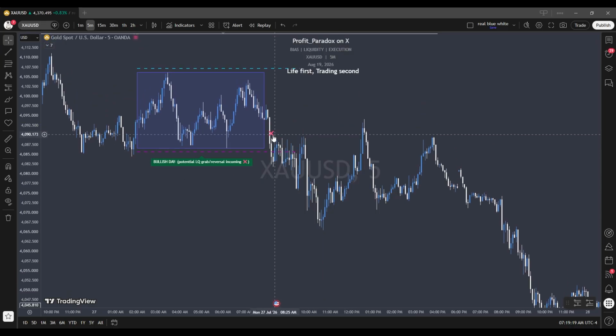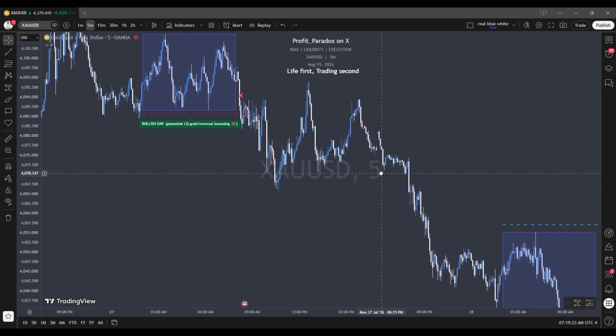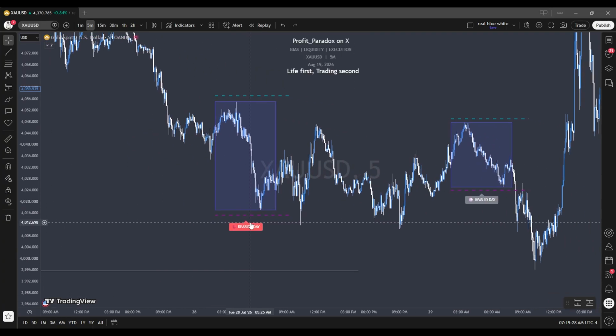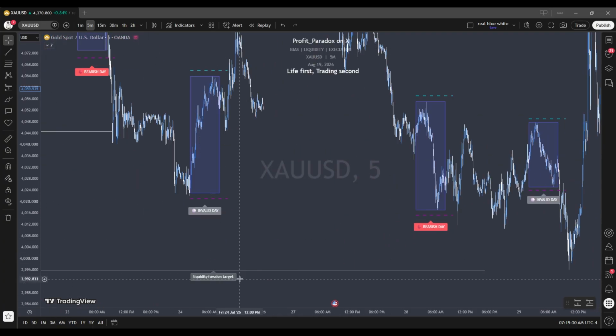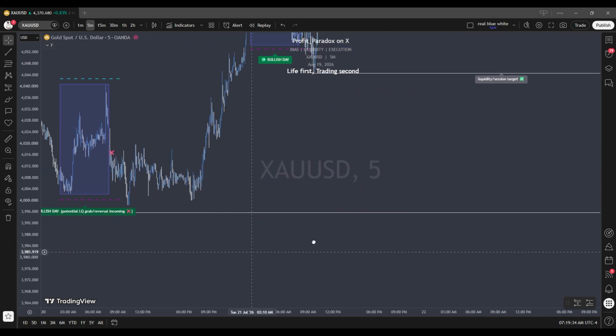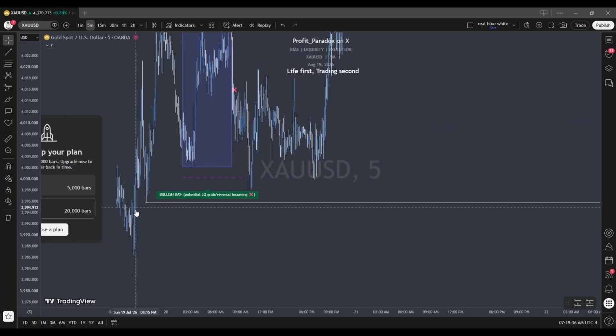So it did give the warning, and price reversed. So it's accurate, as I said. This day was a bearish day, and the session liquidity target was down here for this low. Where is it? It was this specific low right here,